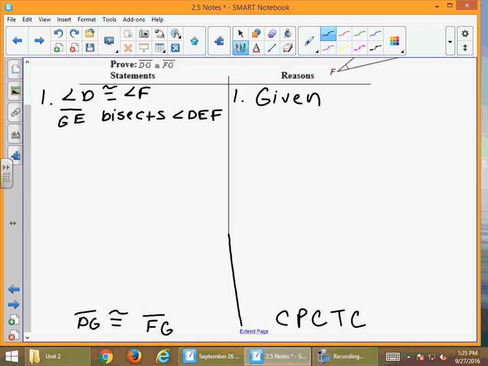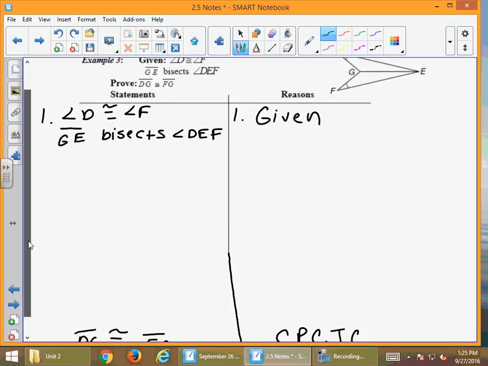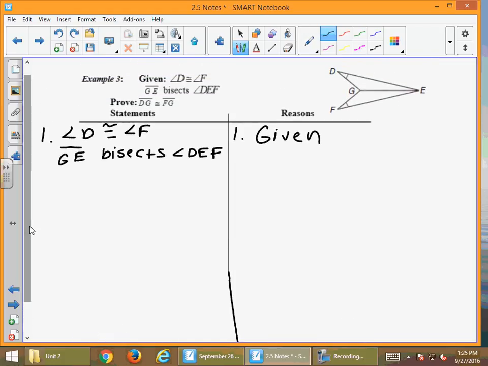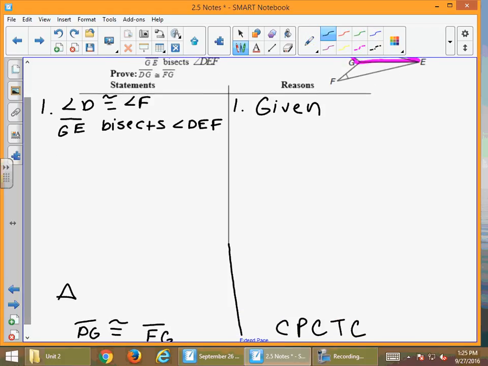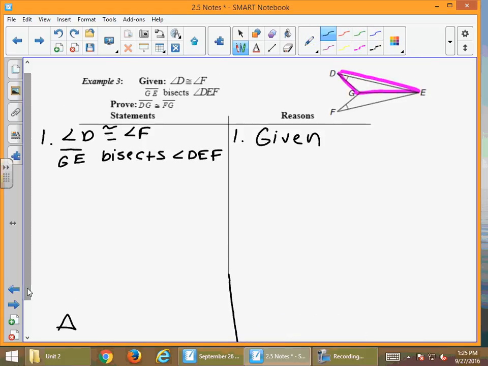So the statement right above that one is stating the two triangles in your figure are the same. So you just have to say that this triangle is congruent to the other triangle. And it doesn't matter how you name it. How do we want to name that purple triangle, the first triangle? DGE. Triangle DGE is congruent to triangle